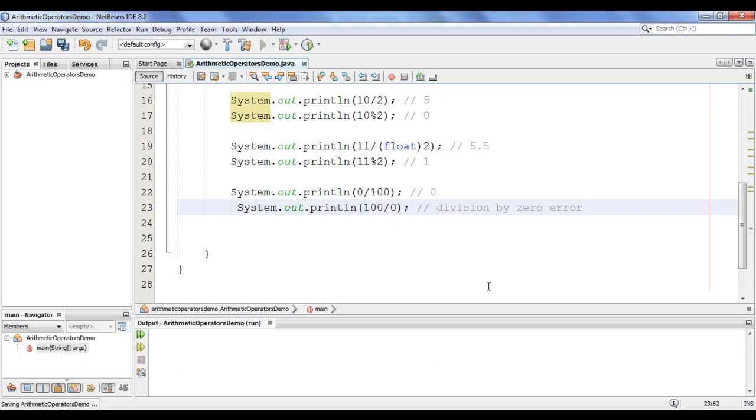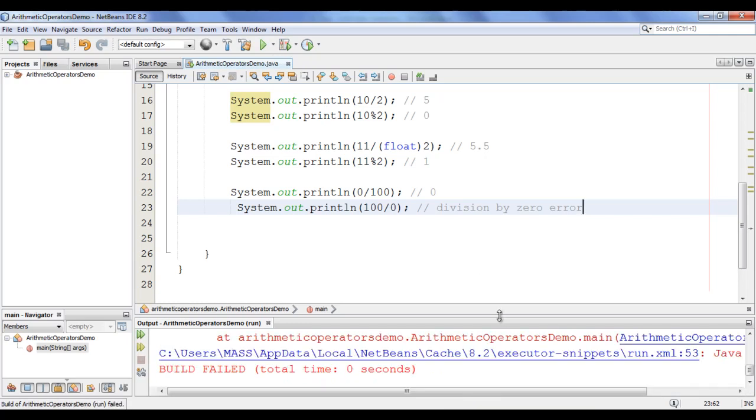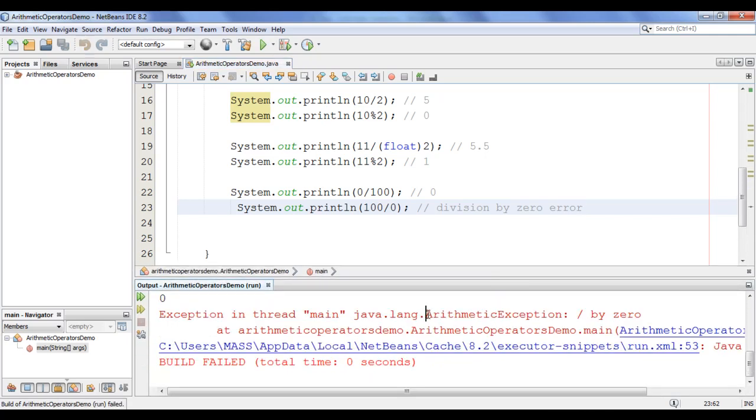If I say run project, you can see that we got the error saying arithmetic exception, division by 0. So you cannot divide a number by 0, guys. If you divide a value by 0, you get this runtime error called division by zero error or exception. Remember that the denominator of the division operation should never be 0.